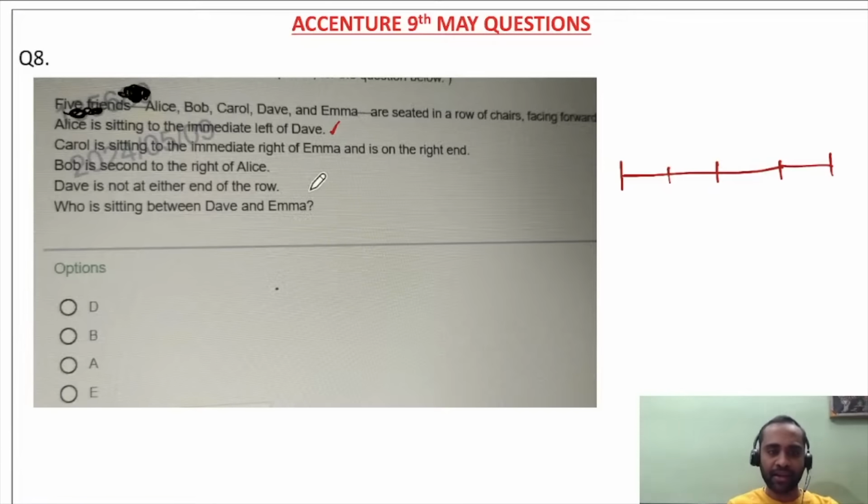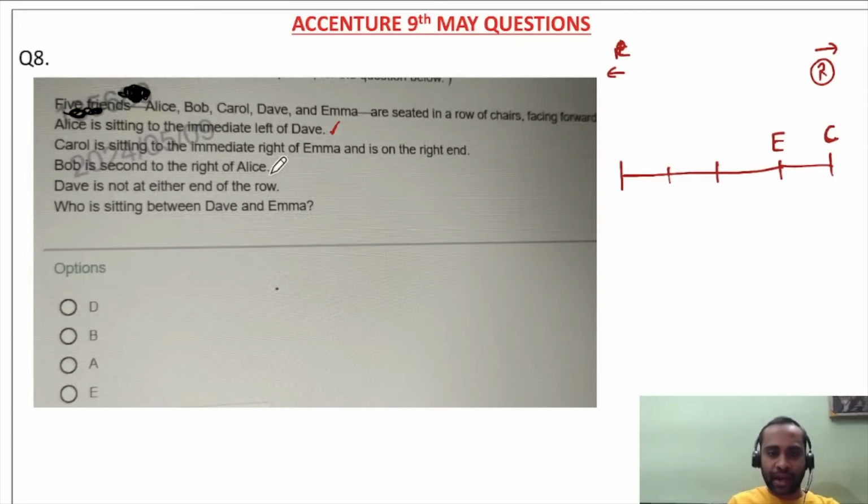Okay. Fine. Carol is sitting to the immediate left of Emma and on the right end. So this is our right end. This side is our right and this side is our left. Now, Carol is sitting at the right end. And Carol is immediate right of Emma. Then